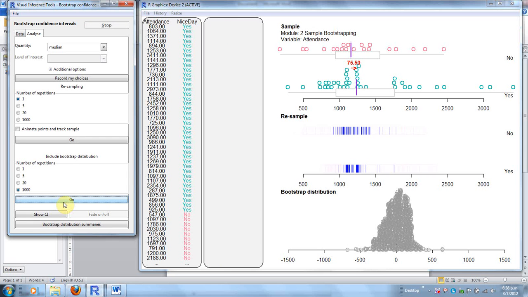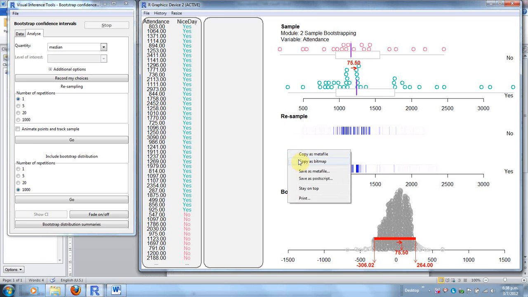Nearly finished, and I'll ask the VIT to show me the central 95% of the values in that bootstrap distribution. And the first thing it's showing me is actually the observed difference between the two samples, and there's the bootstrap sample being shown. And again, I'll need to copy that picture, move my cursor over onto the display panel, right click, copy as a bitmap,